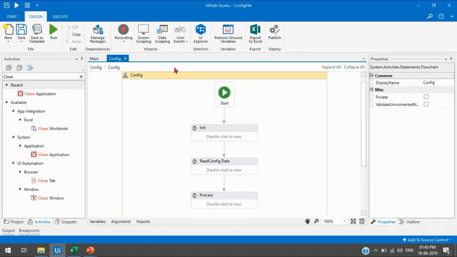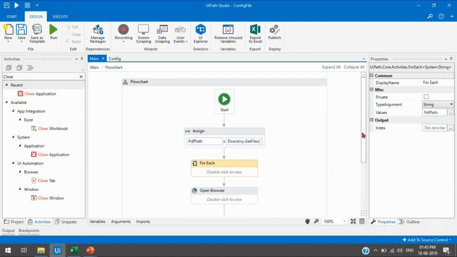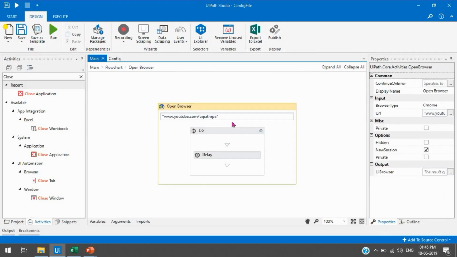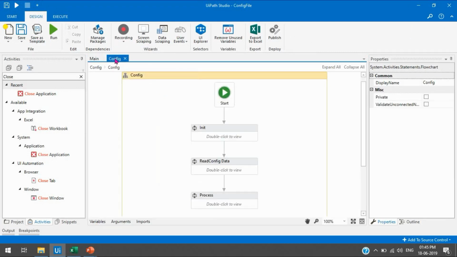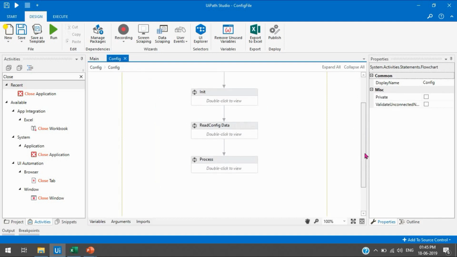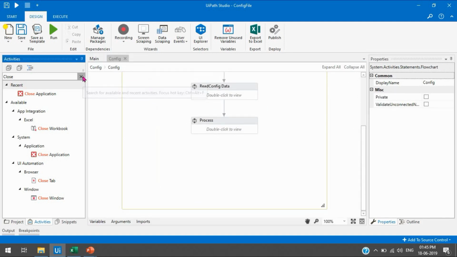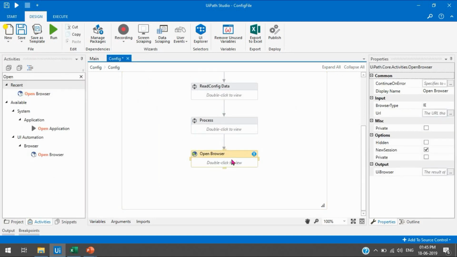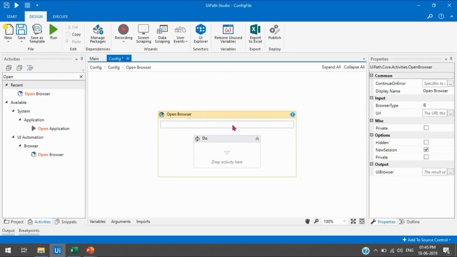And then our next step, as per the project without config, we have to open the browser, and here we were using the hard coded data, and now we have the config file. So we'll not use hard coded, we'll take one open browser, and we'll just write here the URL, that is YouTube.